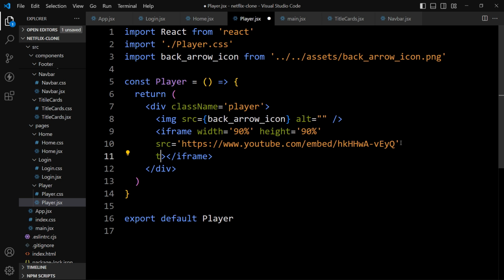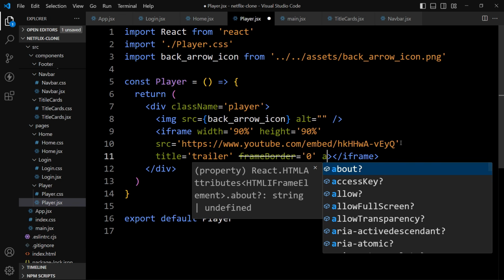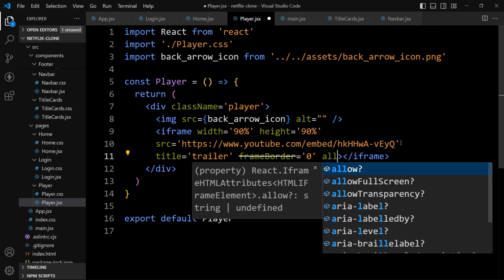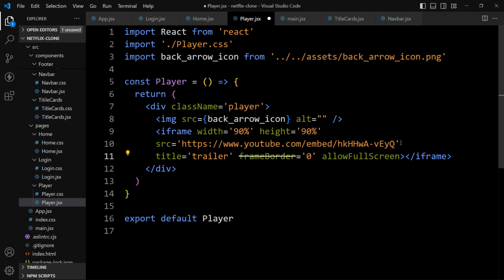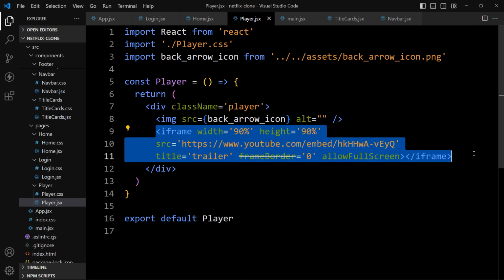So let's add title, and in the title we will add trailer. Then we will add the frame border. So the frame border will be 0. Then we will add allow full screen. That's it. So we have added the iframe to embed the YouTube video.